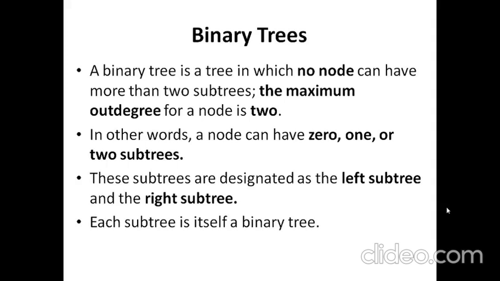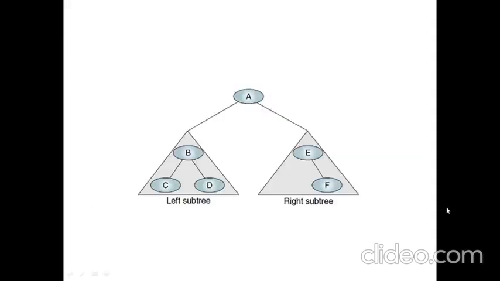So the characteristic of the binary tree will be preserved at all levels. In every level of the binary tree there is going to be a maximum of two subtrees only, not exceeding that. This is an example of a binary tree. You have got a root which comprises two subtrees, left and right, and at each level we have nodes having 2 out degree or 1 out degree. So minimum is not restricted, but maximum is restricted to be 2. So this qualifies as a binary tree.